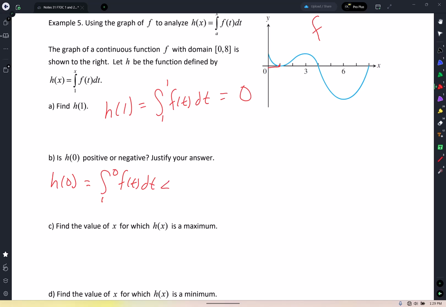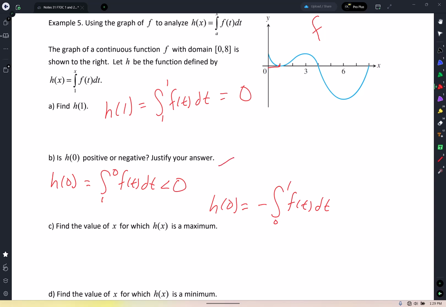It's negative because you're going backwards. If you don't want to go backwards and want to go from 0 to 1, you could switch the limits, but if you switch the limits, you have to put a negative in the front. Negative, the integral from 0 to 1 of f of t dt. See? So it's negative, and I'm going to write